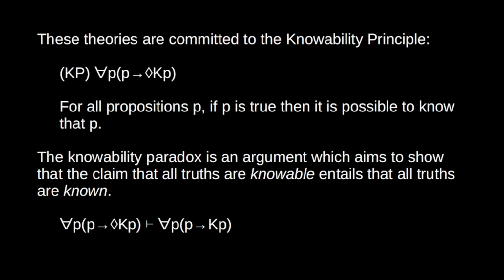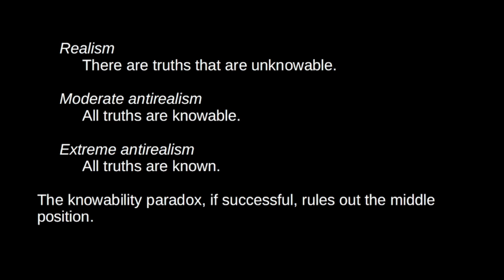Human beings are not currently in ideal epistemic circumstances, and unless we're very optimistic about the future, we probably never will be. So surely there are truths that we might not know, even in principle. So we can consider three positions, basically. We have the realist theory of truth. Realist theories say there could be truths that are in principle unknowable, truths that exceed our grasp. Then we have moderate anti-realism.